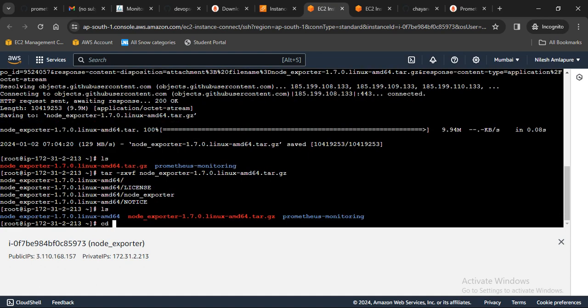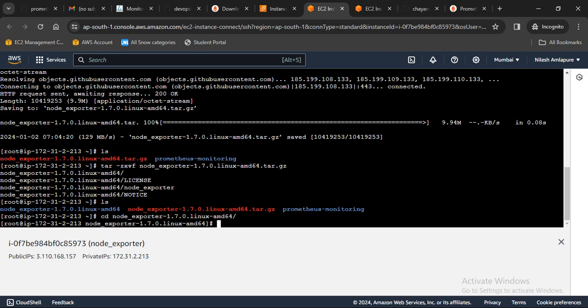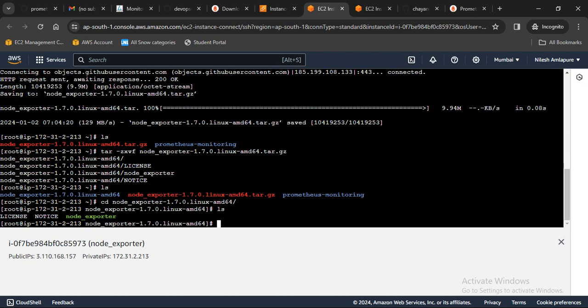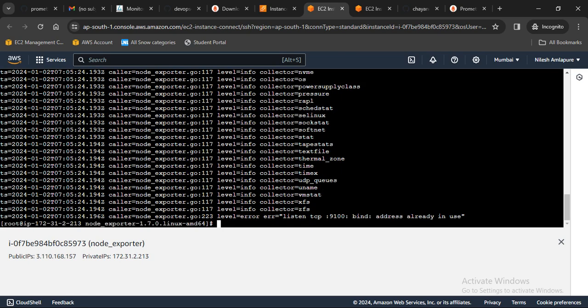We just need to go to the node exporter part and just do ls. Yeah, so here our node exporter has come, and if you need to check what's there, and if you need to start, same as I showed, the shell file, we just need to hit enter. Yeah, it's already been used. 9100 is already been used, so we just need to